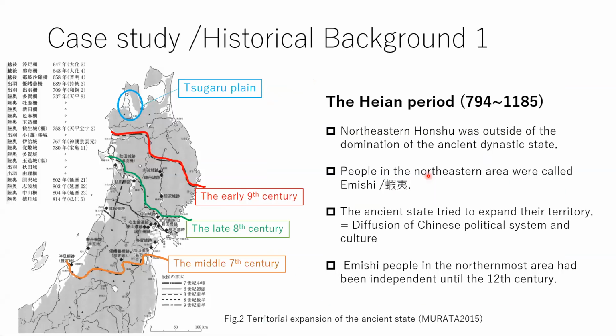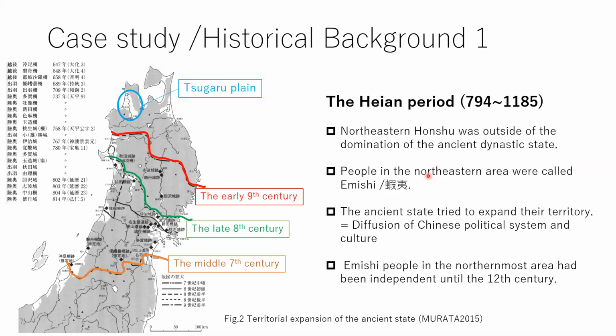The northeastern area of Honshu mainland was outside of the domination of the ancient dynastic state in the Heian period. The Heian period began in 794 and ended in 1185. This period is characterized by the centralized authority by the emperor and nobles in Western Honshu. The ancient state in the Heian period was influenced by the Tang dynasty in China, especially in its politics and culture. People who lived in the northernmost area are called Emishi, and they were regarded as different ethnic groups by